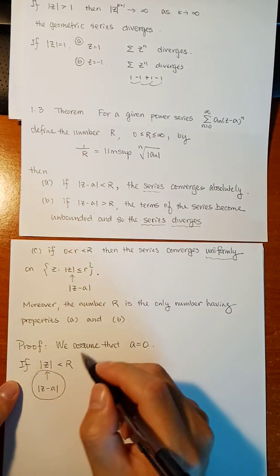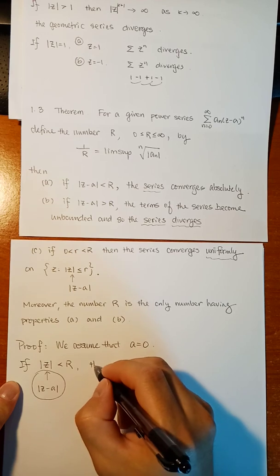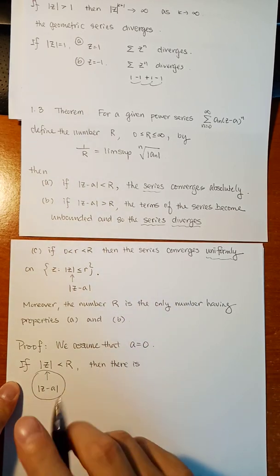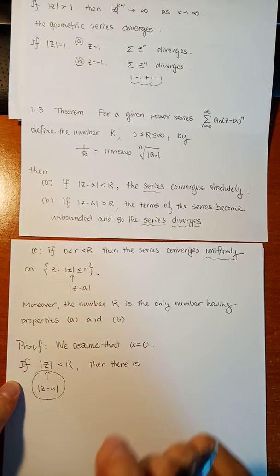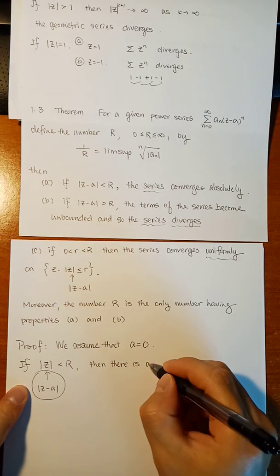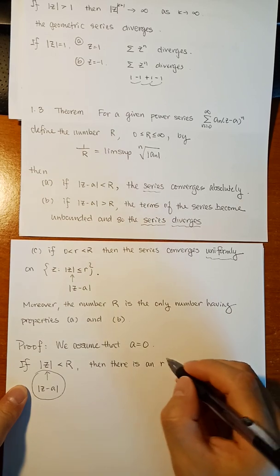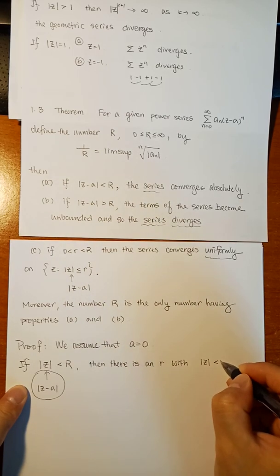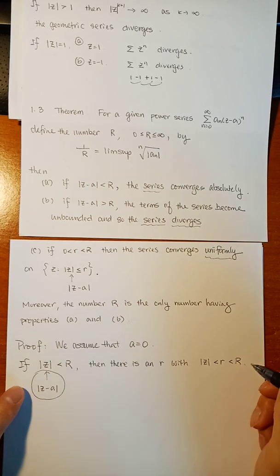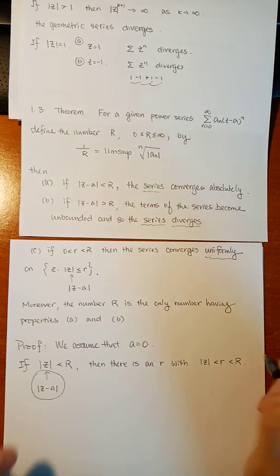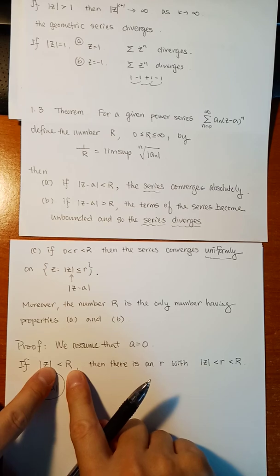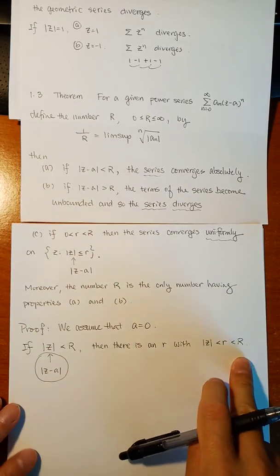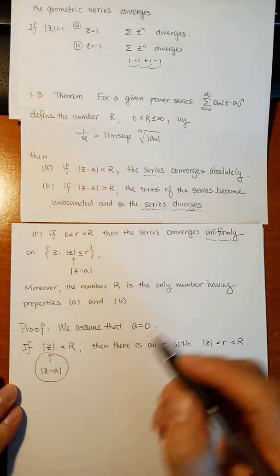Okay. Absolute value of Z is less than R, then for a single point, this Z is selected and fixed. For a single point, there is a little r with absolute value of Z less than little r, less than capital R. Any two real numbers, there's a third number. Okay? Then there is